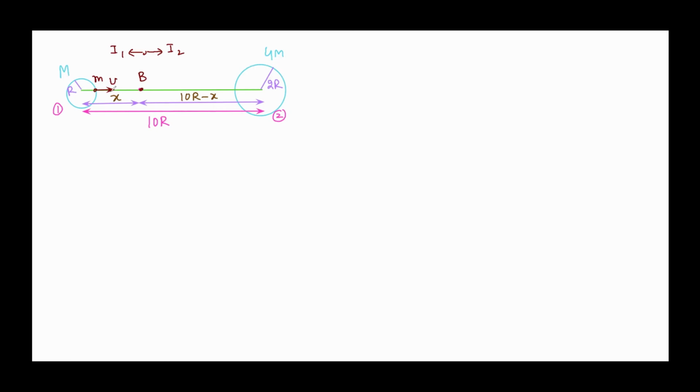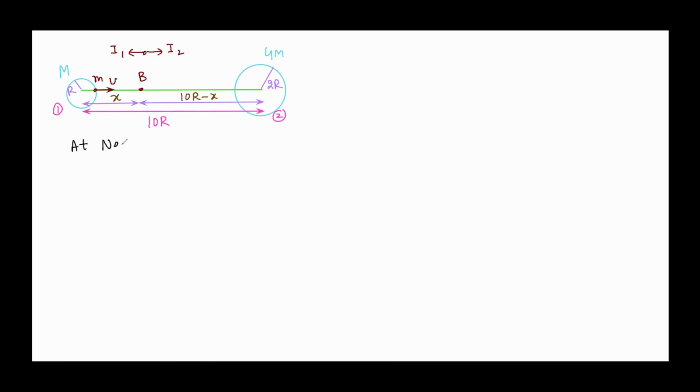To attempt this question, we say that if the rocket is moving toward the right, both the planets exert an attractive force on it in opposite directions. The first planet will pull it toward the left, the second will pull it toward the right. So there will be a neutral point where the forces due to both the planets get cancelled. On the left of the neutral point, the gravity of planet 1 is greater. On the right, the gravity of planet 2 is greater. So in order that the rocket reaches planet 2, it has to only cross the neutral point. So our first step is to calculate the neutral point.